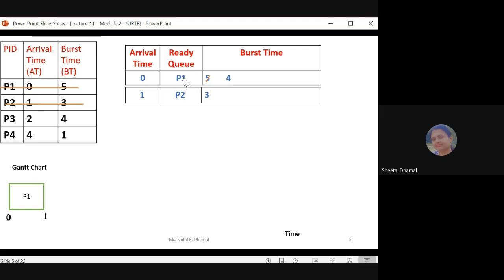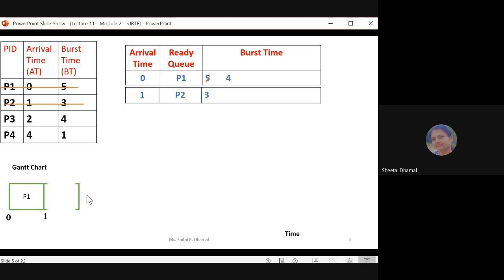So ready queue में सिर्फ P1 and P2 है, तो यहाँ पे it will select that process from the ready queue which will require the shorter burst time. It will select the process P2 from the ready queue because it will require 3 time units to complete its job. So now your CPU scheduler it will select this process P2 from the ready queue and it will assign the processor to that